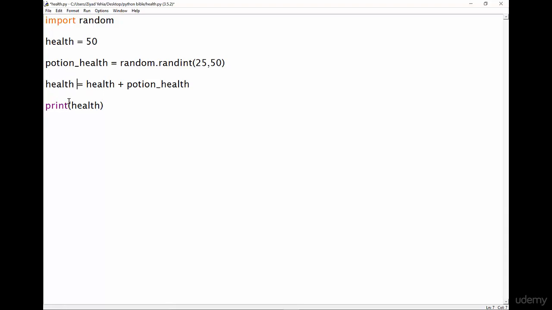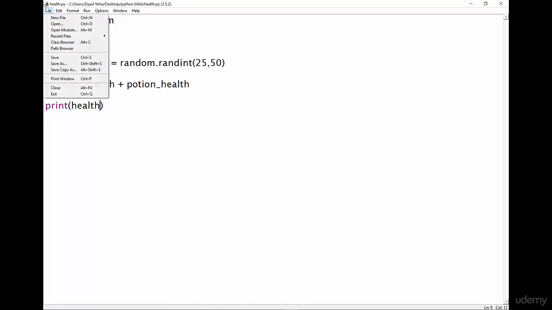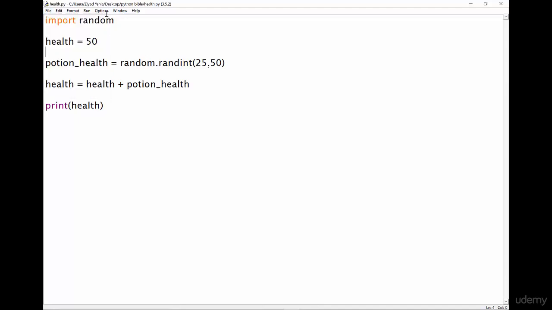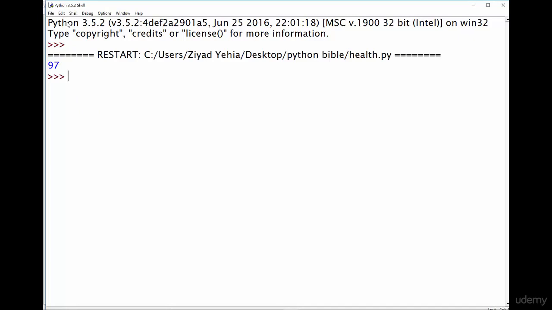Now to print that out, we just have to type the variable name. So Python's going to look inside the box called health, get the value, which let's say it's 70 or something, and when we print it, it's going to show up on the screen. So if I save this file by pressing Control and S, alternatively you can go File and Save if you're old school, and then we can click Run, and what we see is 97 pop up on the screen, which